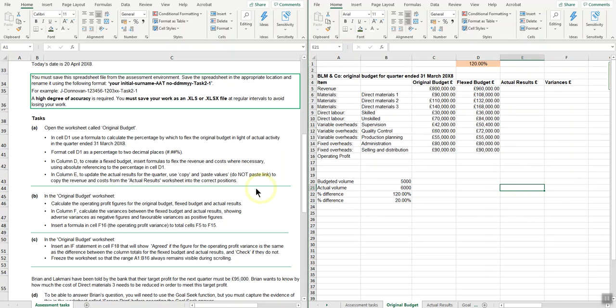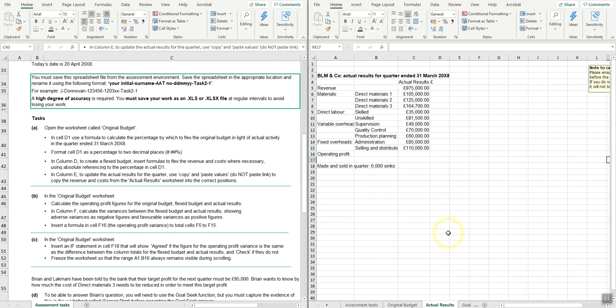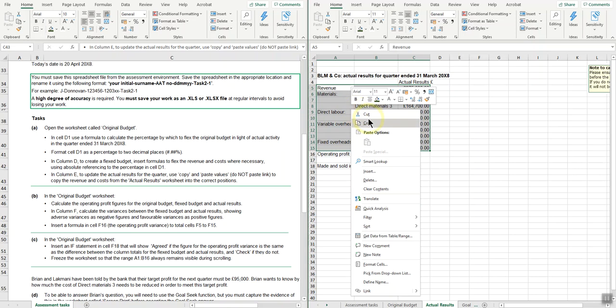Okay, so over here, now in column E, update the actual results for the quarter. Use copy and paste values, do not paste link, to copy the revenue and costs from the actual results worksheet into the correct position. So let's take a look at the actual results worksheet. Here they are. I hope they line up, but just to be on the safe side, I think I'm going to copy the lot,